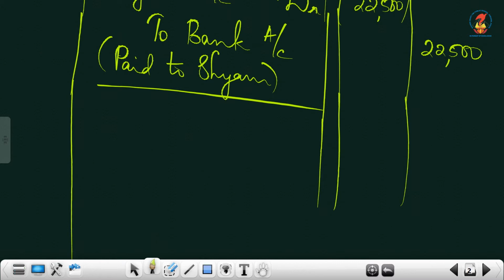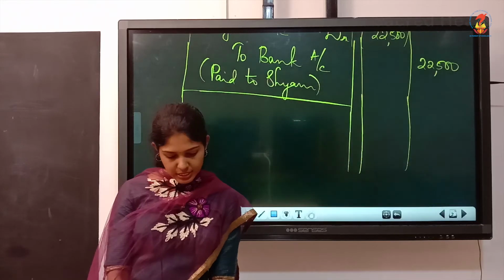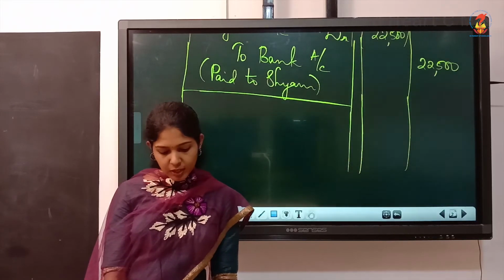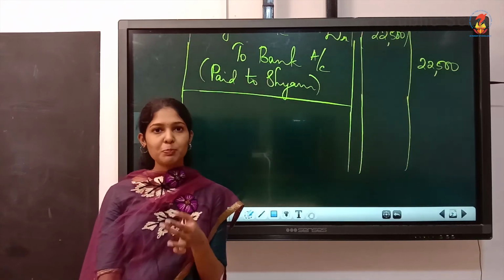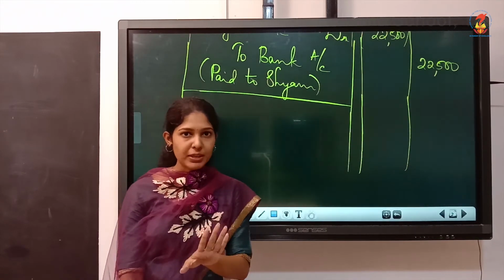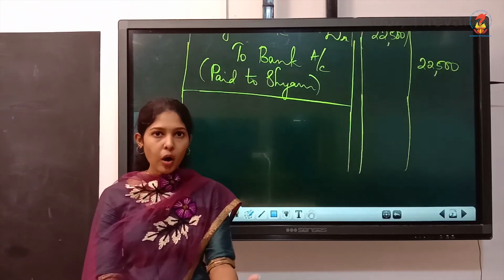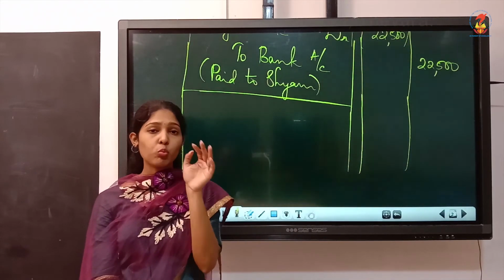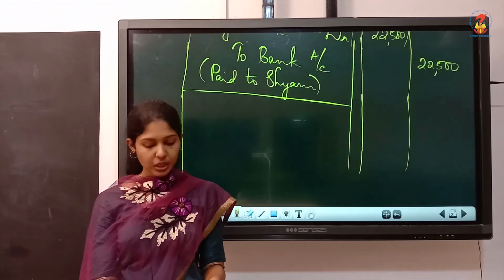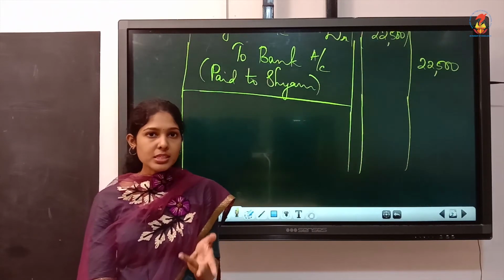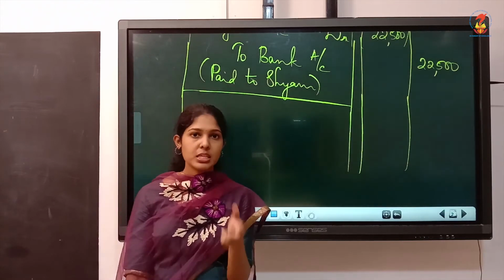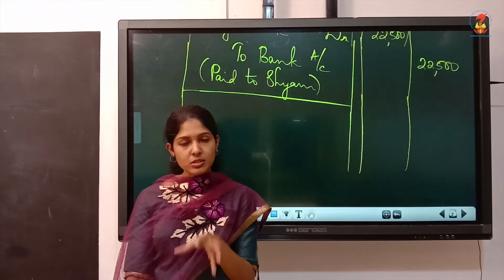When you draw the format, use your scale and pencil for drawing. Then April 29th, placed an order for goods with Daruwala and company. Okay, placed an order with that company. So placed an order means, first of all, you have to think whether this is a transaction. You are just placing an order. Neither sales nor purchases are taking place in that transaction.